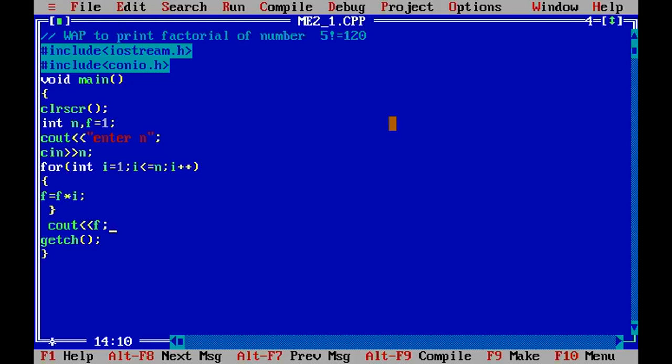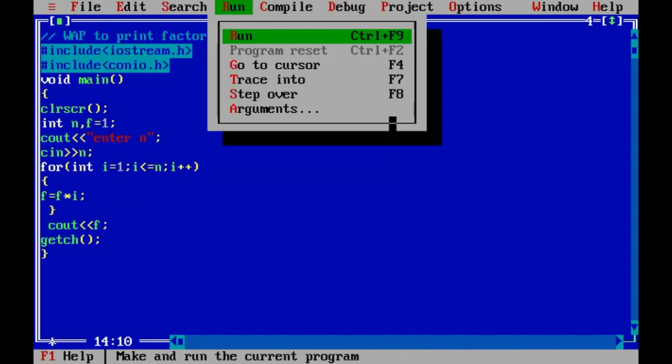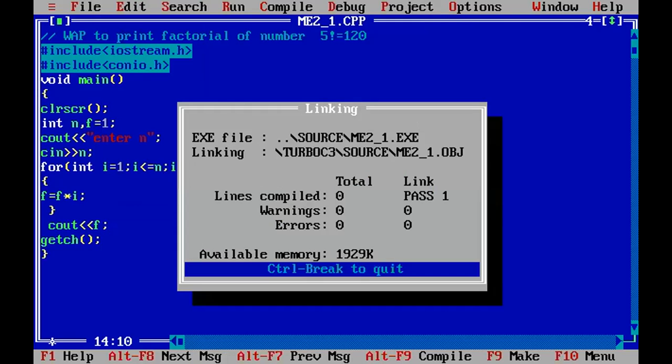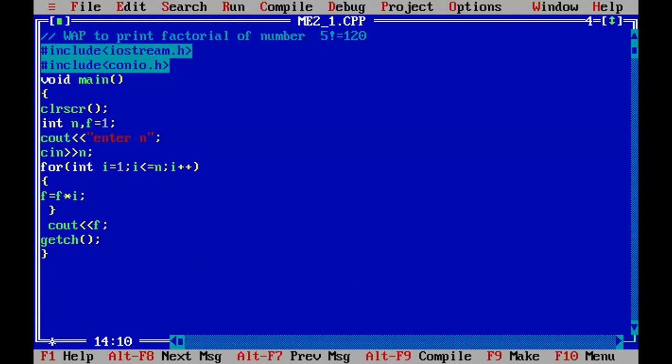How this logic is working, let's find out. Firstly compile it. There is no error. Then run this code. Any number, that is 5, the answer is 120. If you run this code, your number